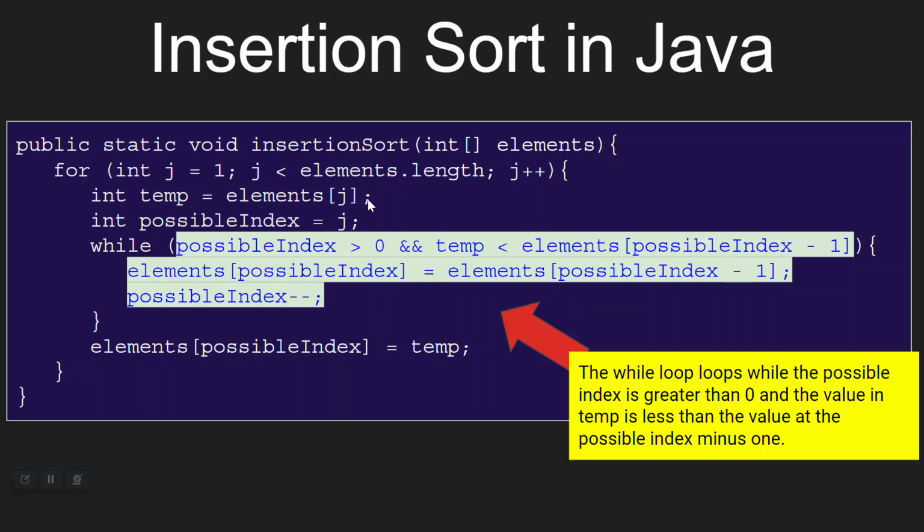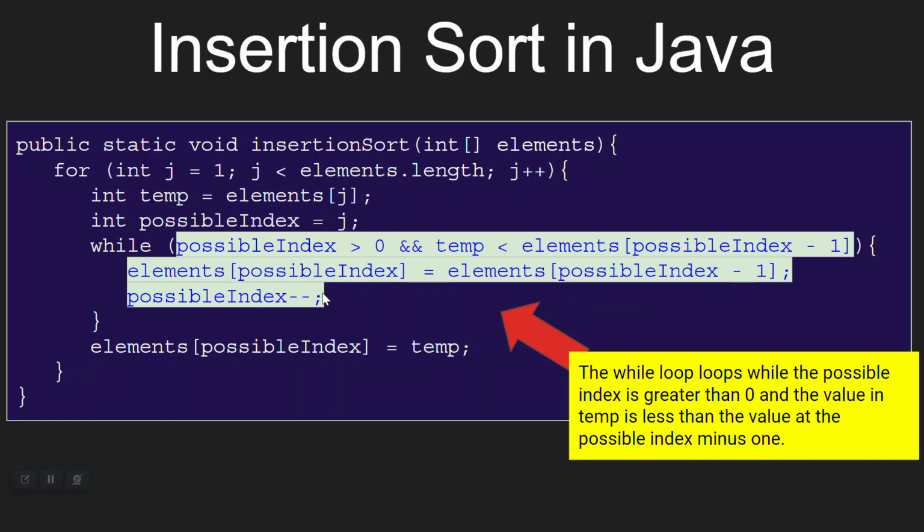So instead of looking at the original index, we're now looking at the index below it or previous to it. So while that is true, elements at possibleIndex equals elements at possibleIndex minus 1, and then possibleIndex